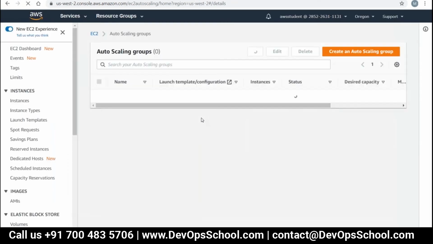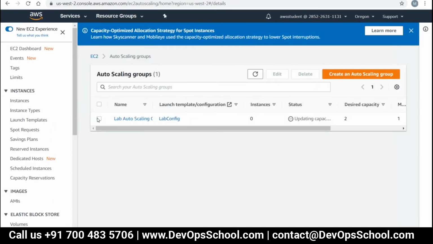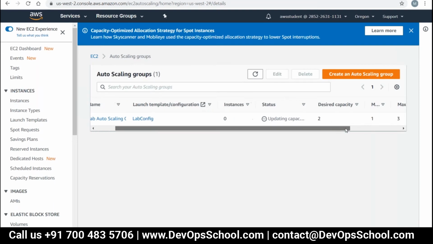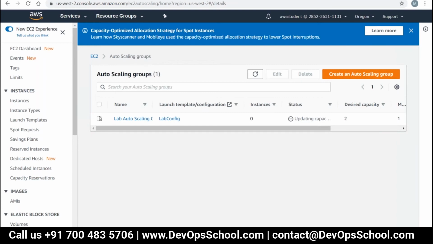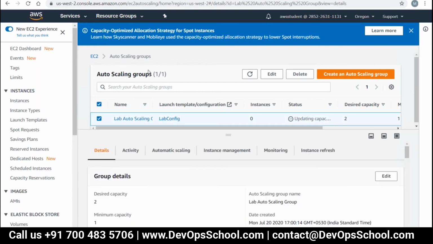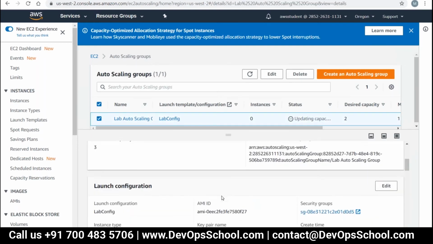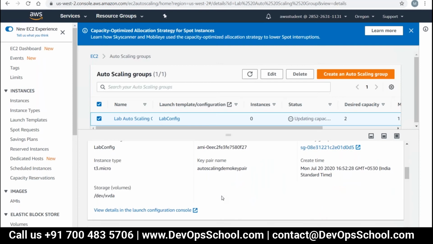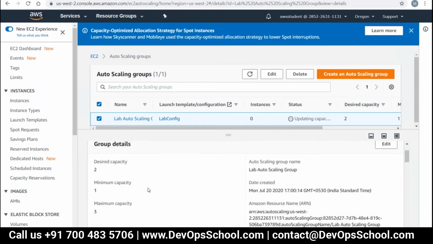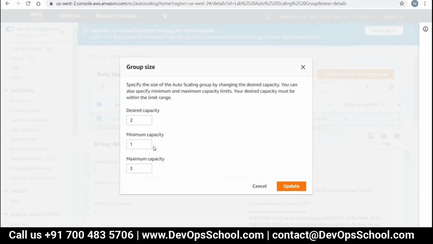I'm also able to see 1 only. So I have given desired capacity as 2, minimum as 1, max as 3. So desired will not come now, or desired will come when you have maybe some adequate load. Let me give this 2, desired 2. This is fine.